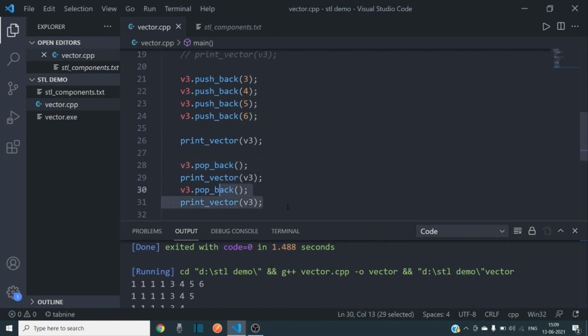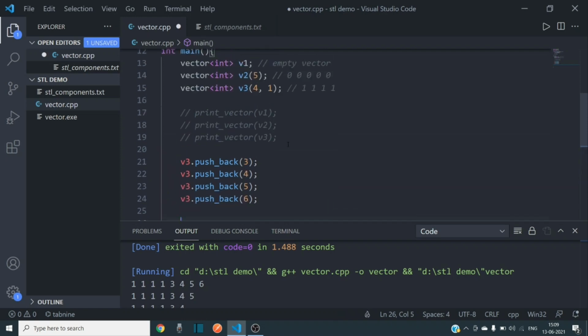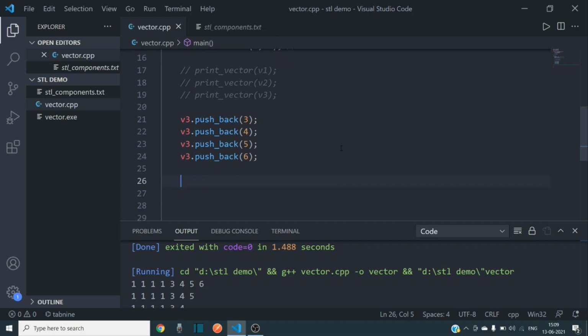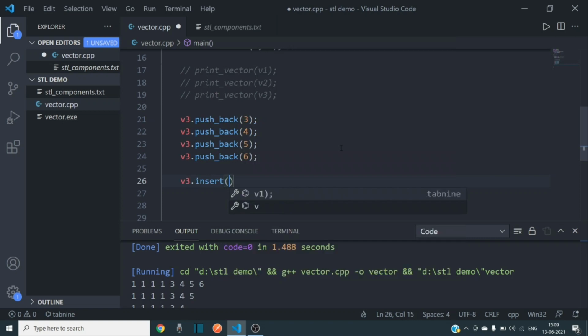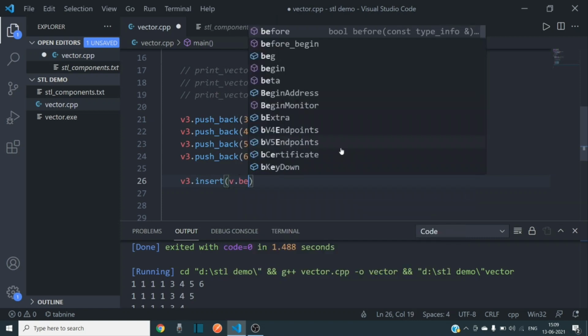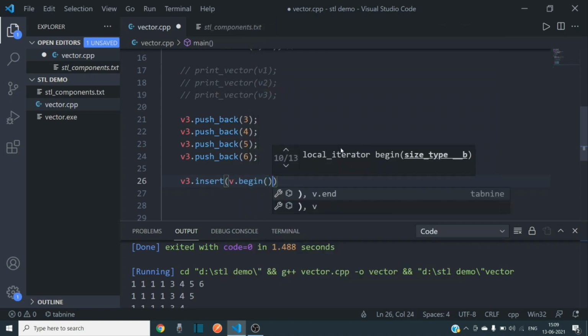Let's clear this. Okay, so now how can we insert an element at a certain position in a vector? For example, we want to insert at the first position, in the beginning. So we have to specify the iterator position.